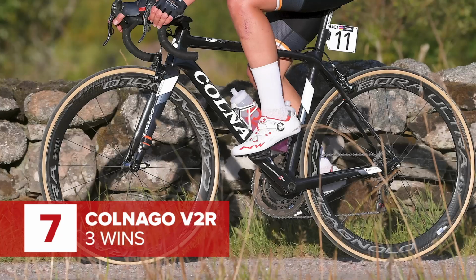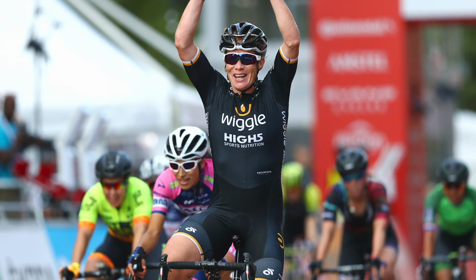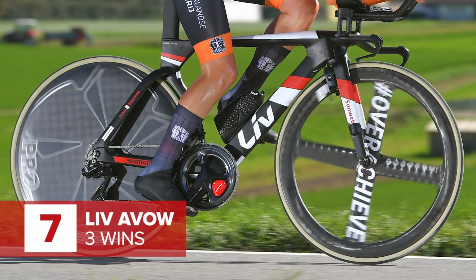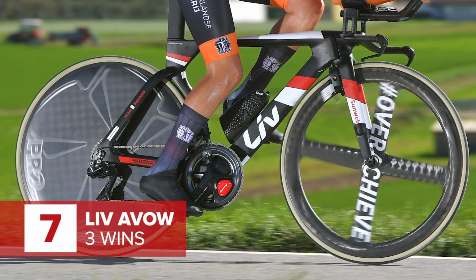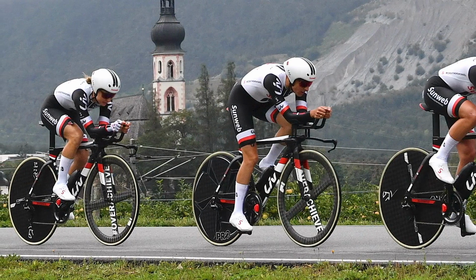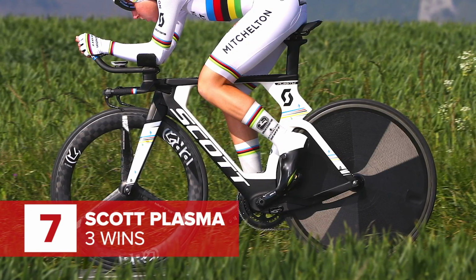First up is the COLNAGO V2R of Wiggle High Five. The standout win for this bike has to be Kirsten Wild's Ride London Classique victory. Next up, we've got the Live AVOW of Team Sunweb. Now, Sunweb won 3 World Tour team time trials this season, but were ultimately disappointed to miss out on the World Championship title. And finally, we've got another TT bike, the Scott Plasma, ridden by Mitchelton Scott, and more precisely